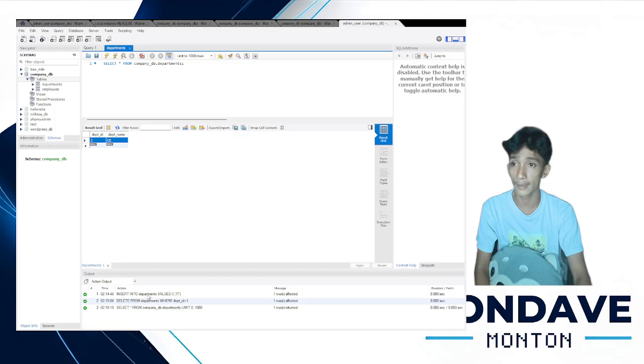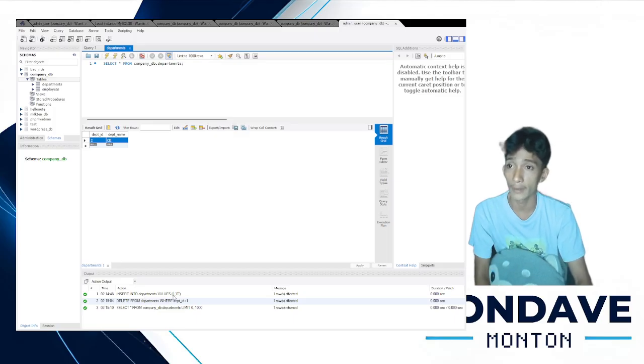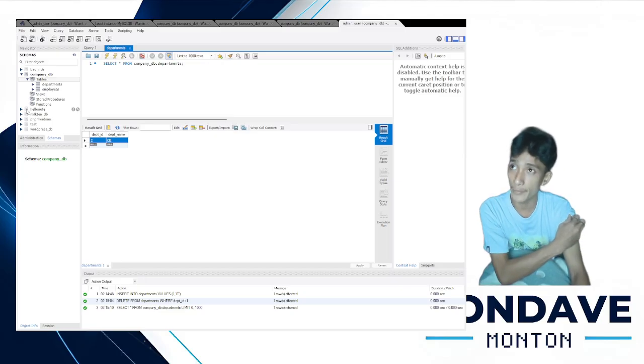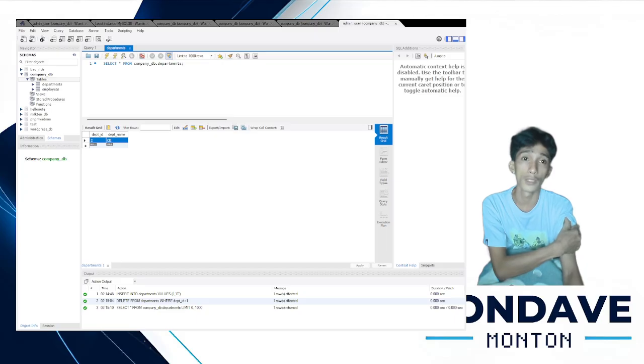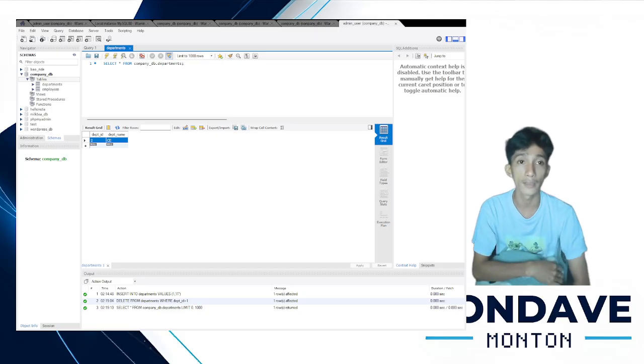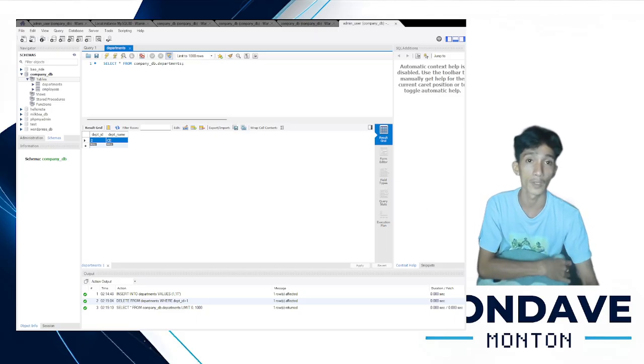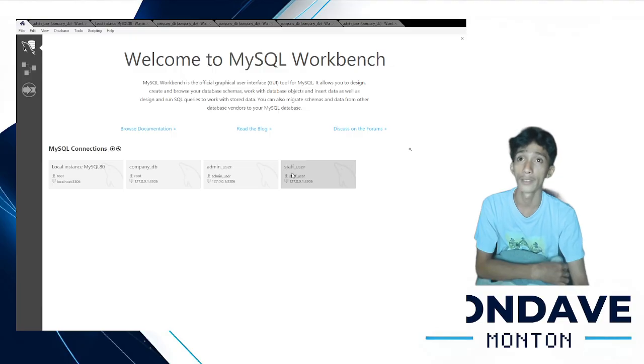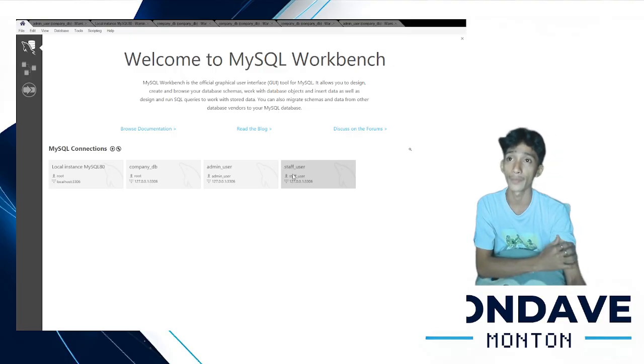I have deleted the department ID, which is one, and the department name, which is IT. So it shows that our command is correct.